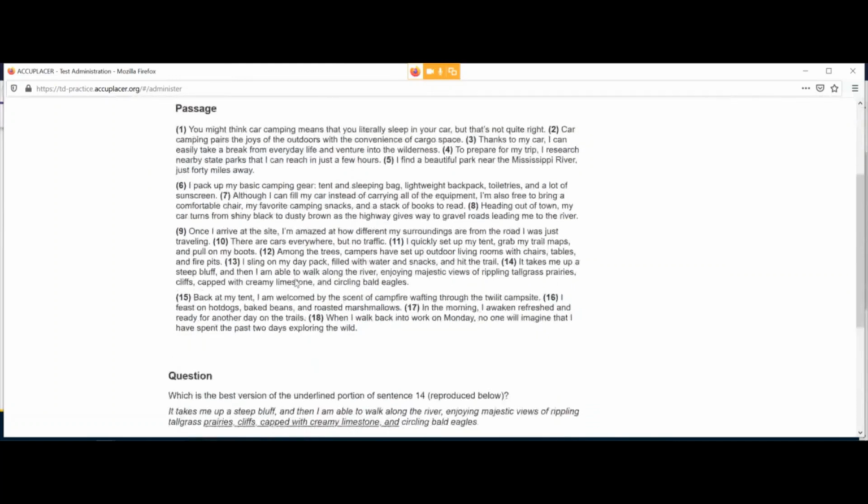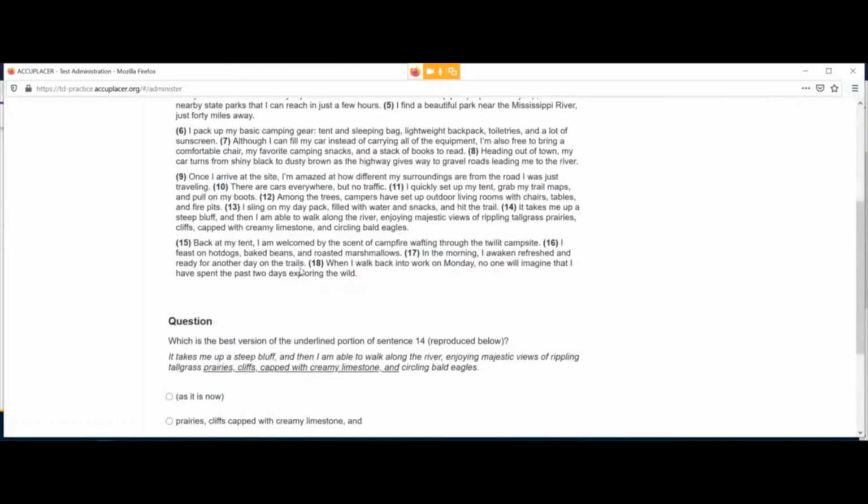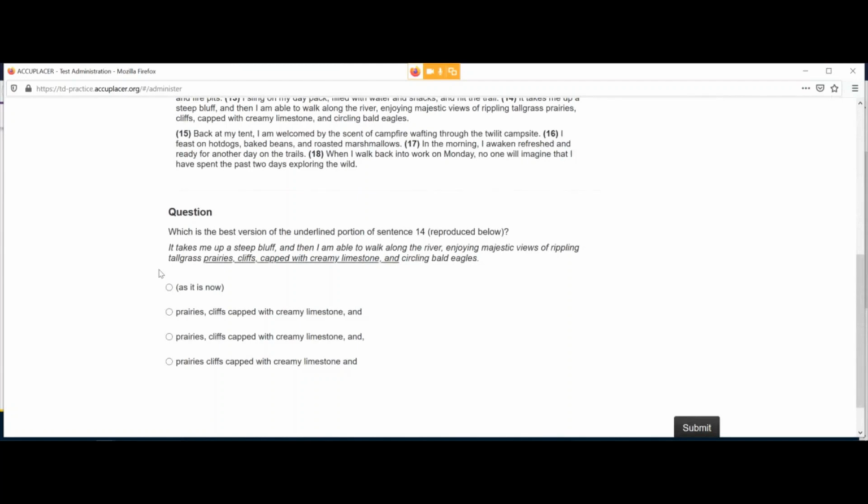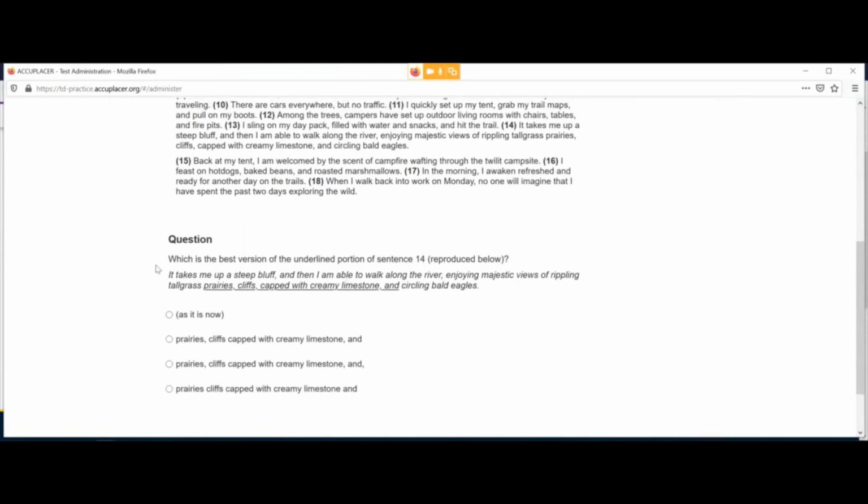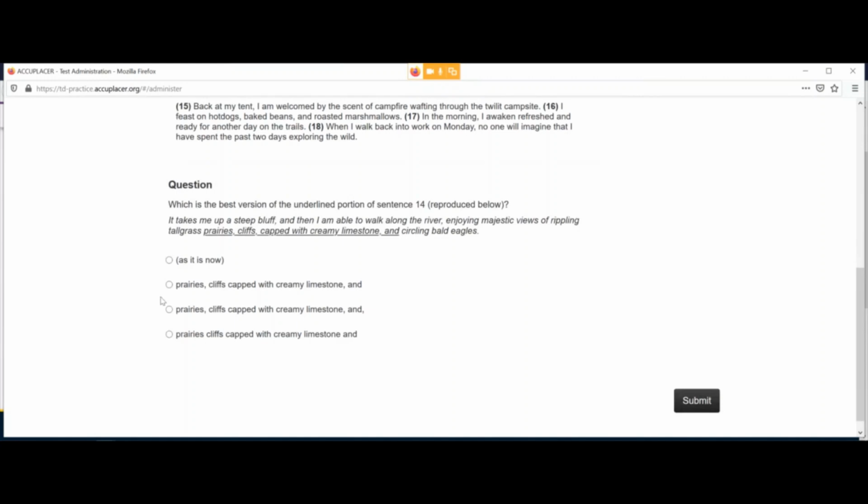Again, the same passage here, so I won't read that. And let's go on to the question, which is the best version of the underlined portion of sentence 14. It takes me up a steep bluff, and then I am able to walk along the river, enjoying majestic views of rippling tall grass, prairies, cliffs, capped with cream limestone, and circling bald eagles. Okay, so let's look at our options here. Again, as it is now, the first one. And then the second choice,